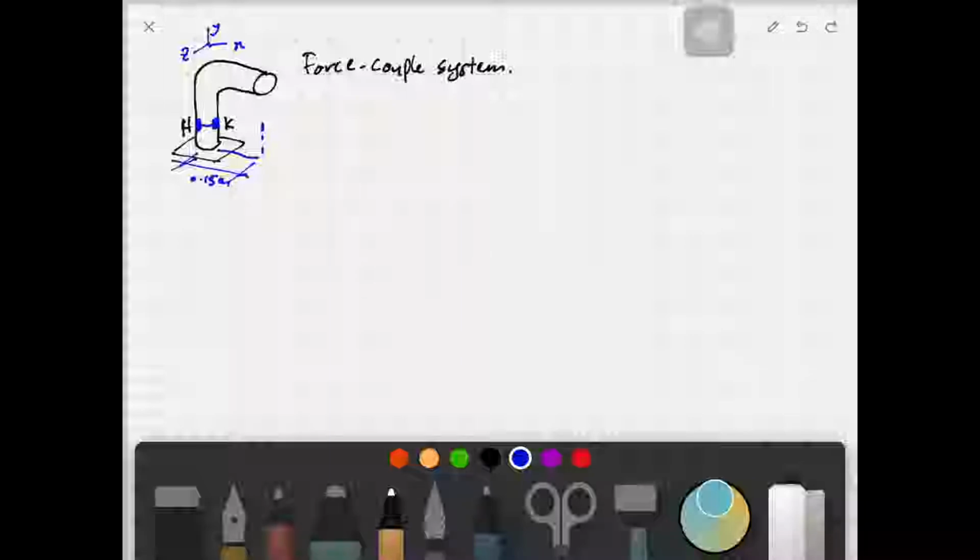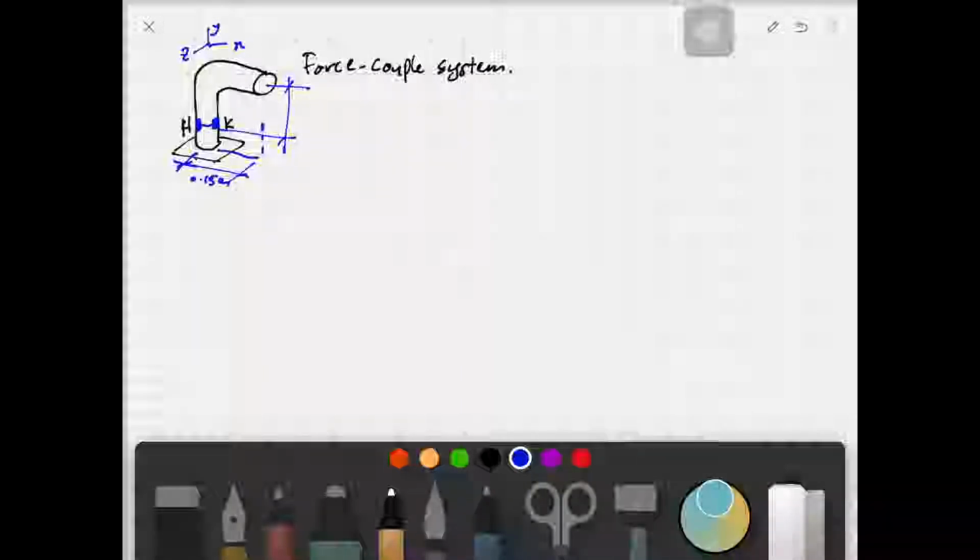Just not happy with this, to erase this and rewrite it again. This is the distance of 0.15 meter, and from point K to the center of the shaft